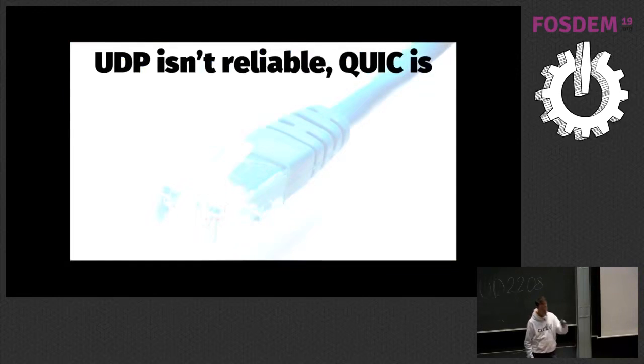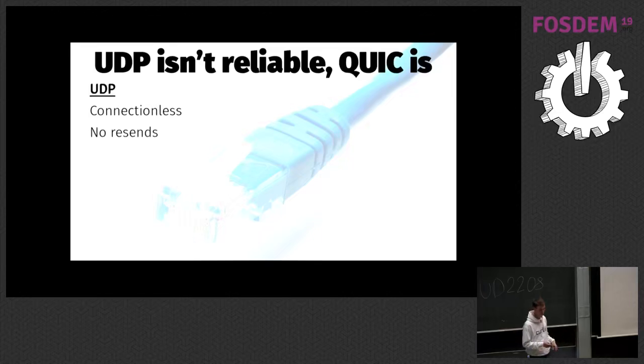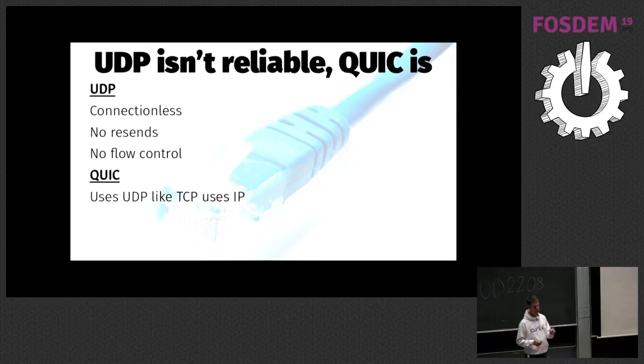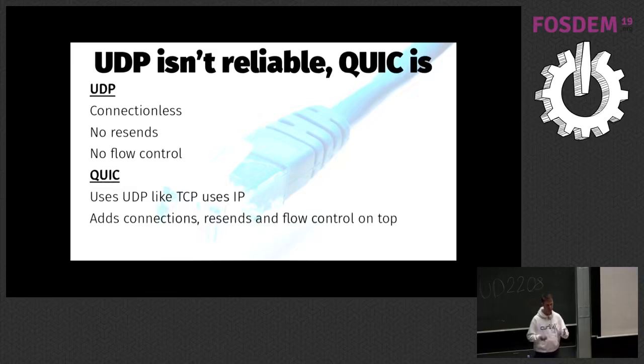I want to emphasize then that QUIC is on top of UDP, and UDP isn't reliable. You all know that. I just want to, because when I talk to people and say it's done over UDP, then people say, that's not reliable. There's no flow control and congestion control and things like that. And no, that's not available in UDP. But QUIC is not UDP. QUIC is a transport protocol on top of UDP. So all these resending, flow control, and everything is done on top of UDP.